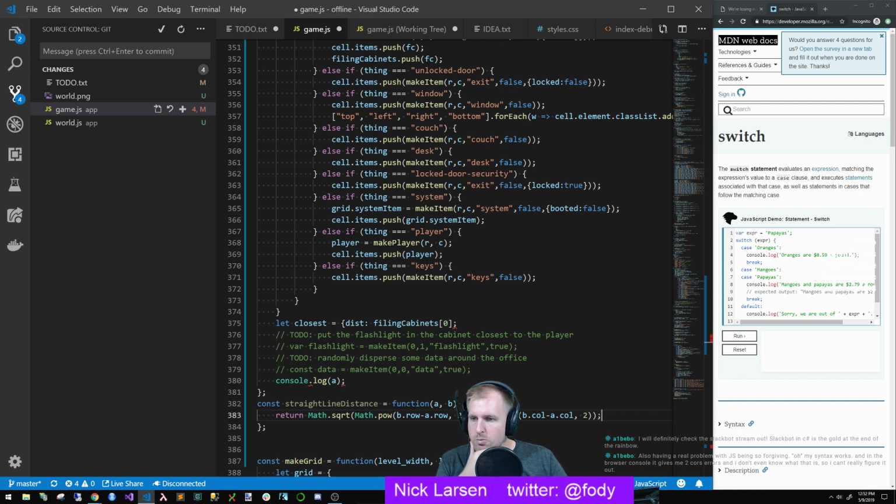Also having a real problem with JavaScript being so forgiving. Oh, my syntax works. And in the browser console, it gives me a CORS error, and I don't even know what it is, so I can't really figure it out. Because Postman was requesting fine, so I thought it was a matter of headers. Sat there for an hour. Yeah, there is an issue of headers, but